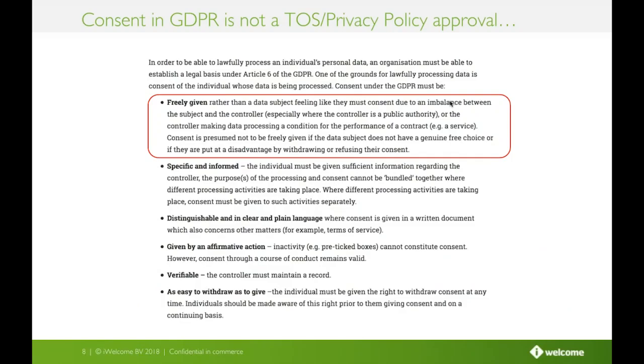With consent, it is important to realize that you cannot hide this in your privacy policy and terms of service. Like saying we can use your birthday to profile you on our book-selling website. It's forbidden, as you make that use mandatory while you don't need it to sell that book. And because you made it mandatory, they have to give the birthday to make use of your service, which makes the birthday not freely given. So that violates what you see on the screen, the GDPR rule around freely given. So you need consent management if you want more data of your consumers than you minimally need to provide the service.